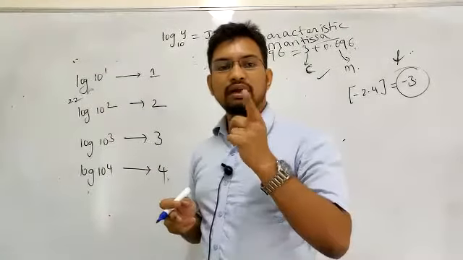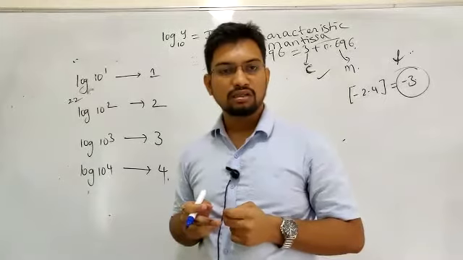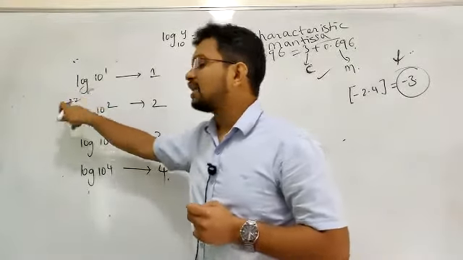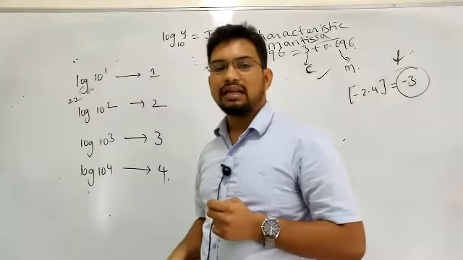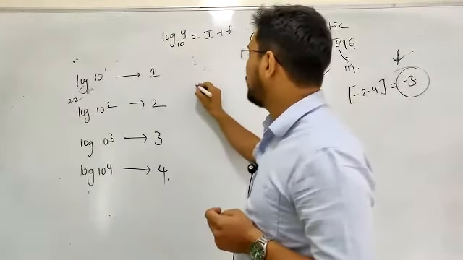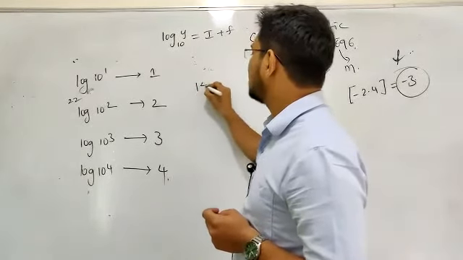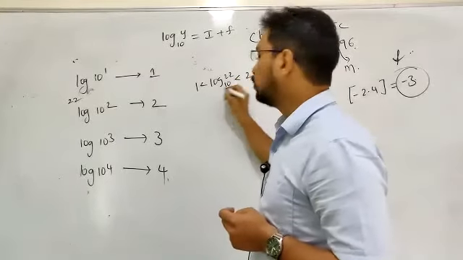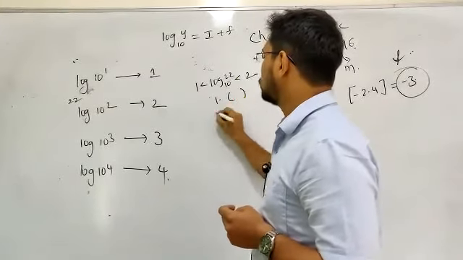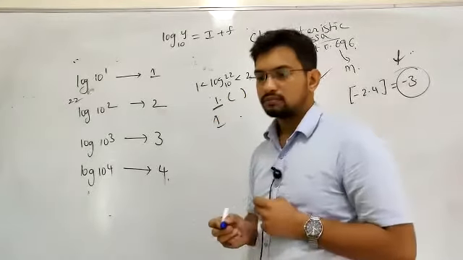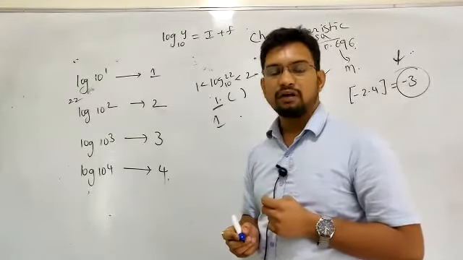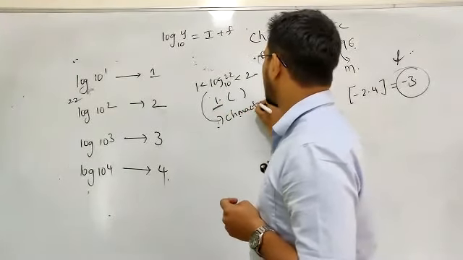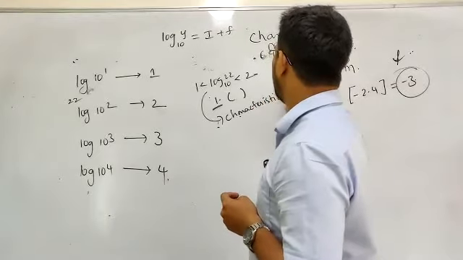If we take a two-digit number, it lies between 10 power 1 and 10 power 2. So observe: what will be the characteristic of log 22? We get 1 is less than log of 22 to the base 10, which is less than 2. You'll be getting this value as 1 point something. So the characteristic will be 1. What will be the characteristic of log 22 to the base 10? The characteristic will be 1.